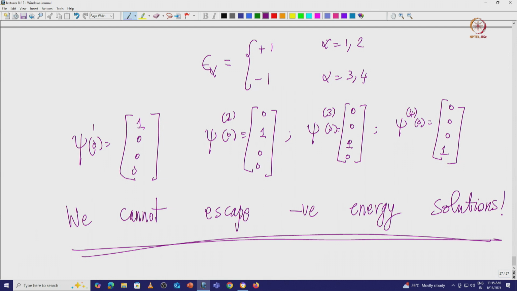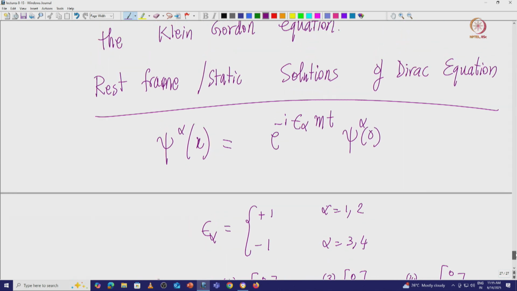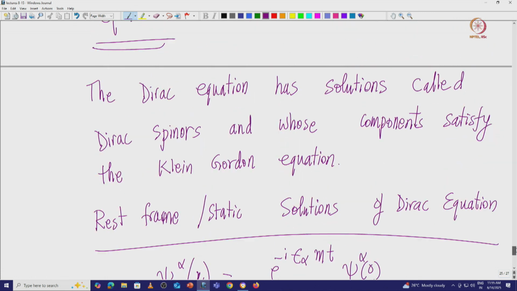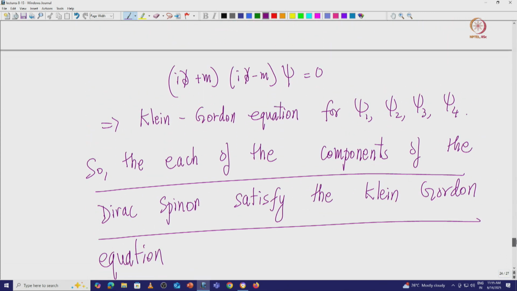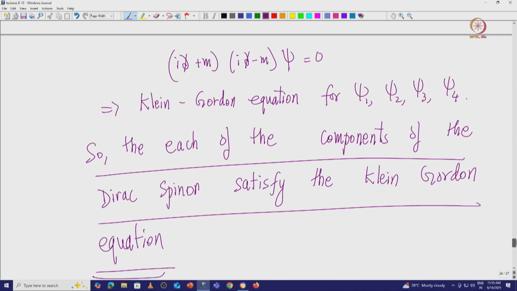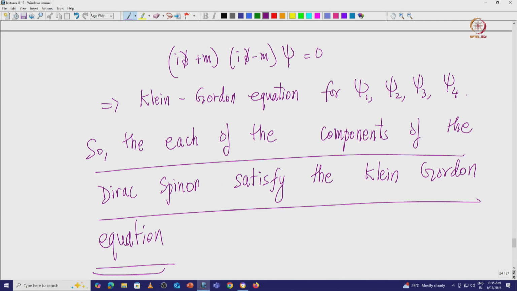But that does not work out, because at the end of the day, as we have seen, the Klein-Gordon equation still exists, because the way we constructed the energy operator in terms of alpha and beta matrices may hide the point that